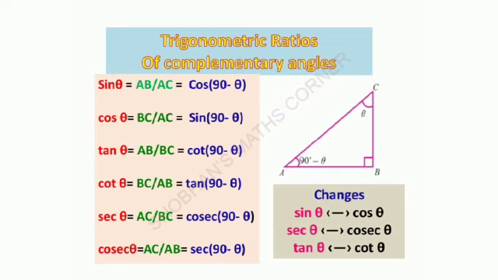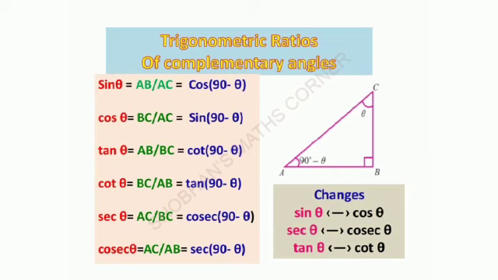Now let us see how it works in the trigonometric ratios. From the figure, sin theta is AB by AC, opposite side by hypotenuse. Now I am taking cos of 90 minus theta. Here 90 minus theta is angle A actually. So for cos of 90 minus theta, the adjacent side is AB and the hypotenuse is AC. That is also AB by AC. From this we can understand sin theta is equal to cos of 90 minus theta. Cos of 90 minus theta is equal to sin theta. Similarly, sin of 90 minus theta is equal to cos theta, and the others you can also check.